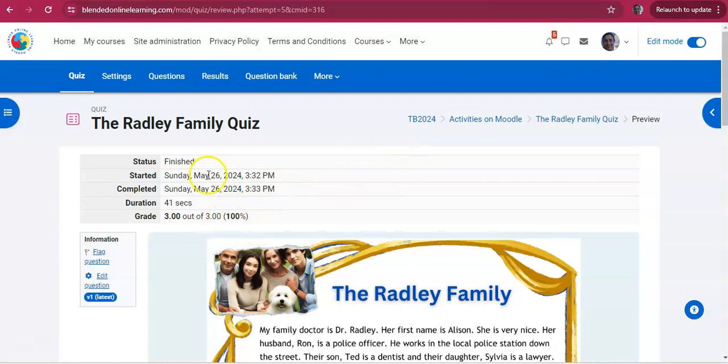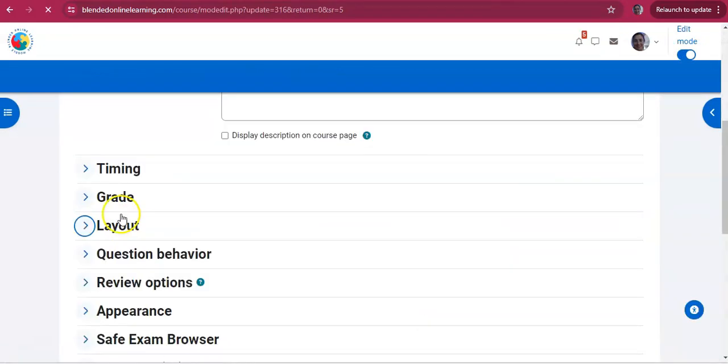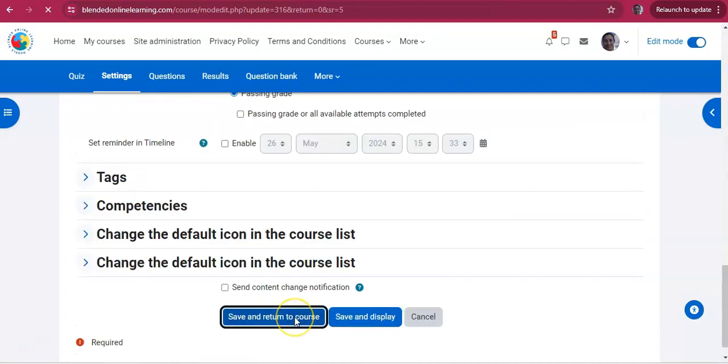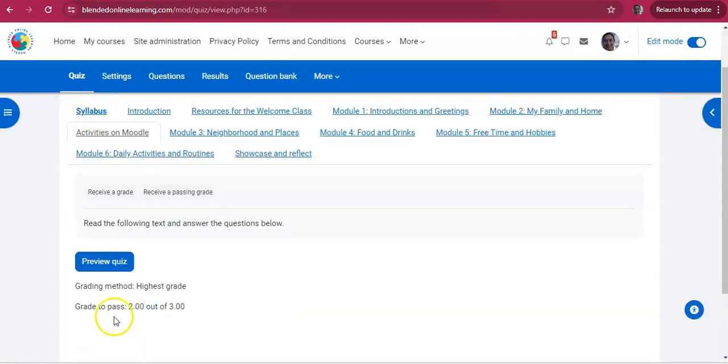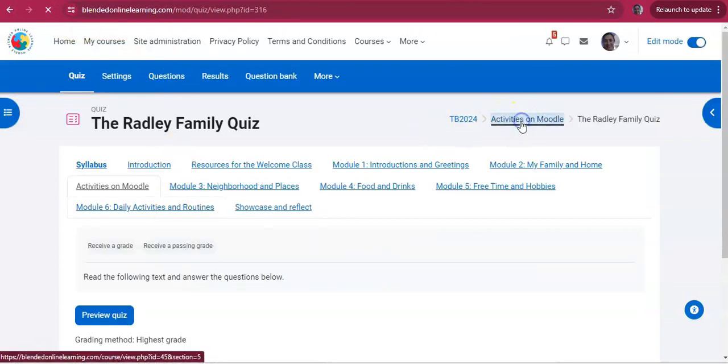Now, I want to go back to this and edit the passing grade here. The grade to pass 2. Let's see what it says. Yes, grade to pass 2 out of 3. Good. The next thing we have to do is add a sticky notes activity with no grade. So we go here,